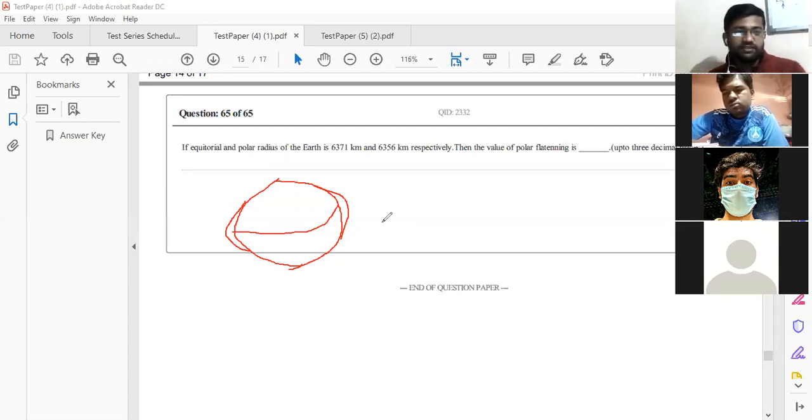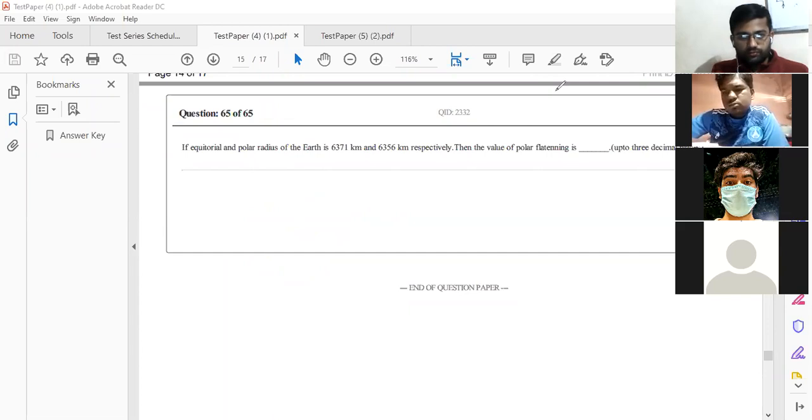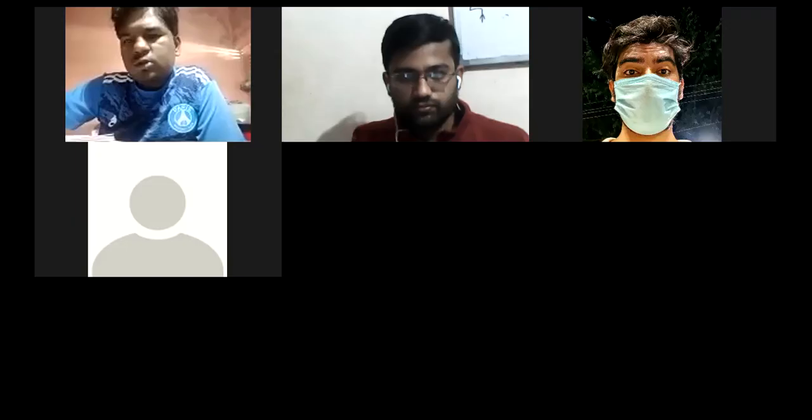That flattening is polar flattening. So it is getting pressed from poles and bulging from center like this. सर जो फ्लैटनिंग होती है वो रोटेशन के ही कारण होती है।